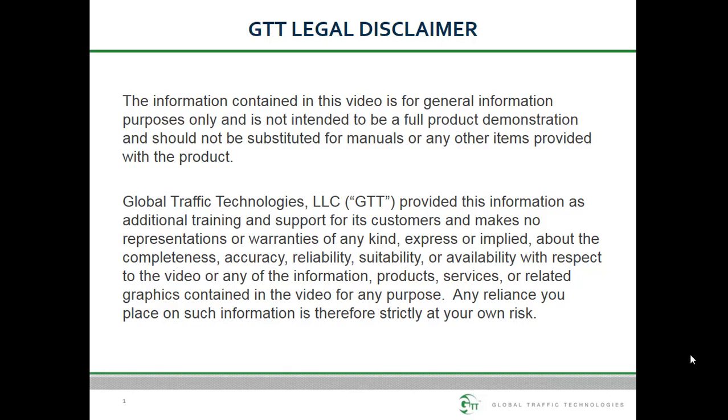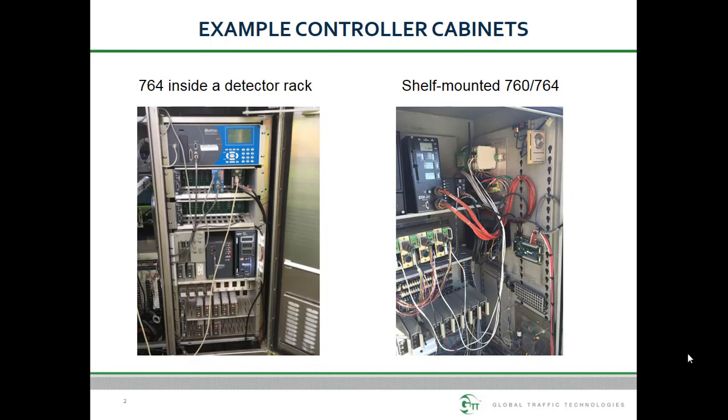This video describes some of the common factors in interfacing the Opticom 760 card rack, 764 phase selector, 700 series IR detectors, and 768 auxiliary interface panel with traffic cabinets. Most newer traffic cabinets, whether TS2, 2070, or ATC, include a detector rack that contains a slot for the Opticom 764